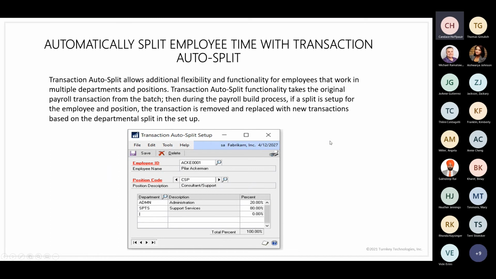Okay, and I really like this one a lot to help with payroll transaction entry. Frequently there are employees who will work for more than one department or have more than one position, and you want those amounts to be charged to the right general ledger accounts. So you can go to the employee transaction auto split setup screen, enter the percentages that you want to go to each department,